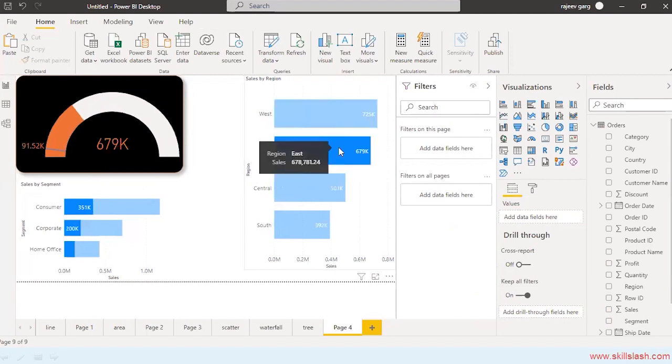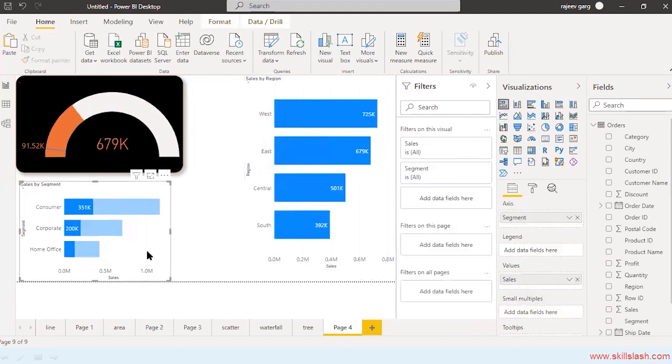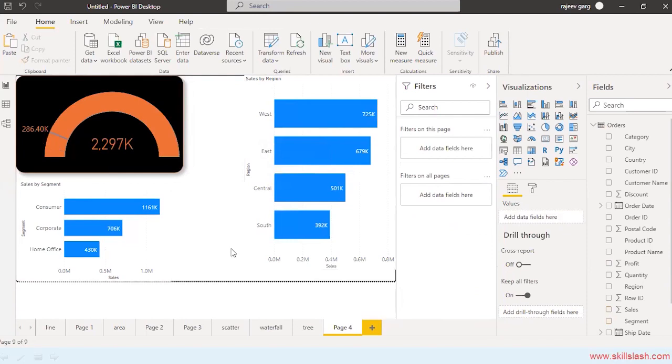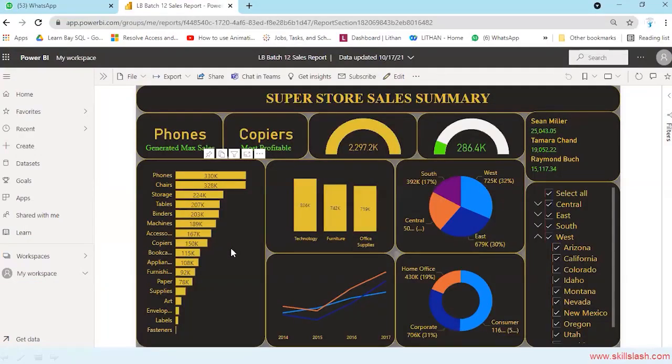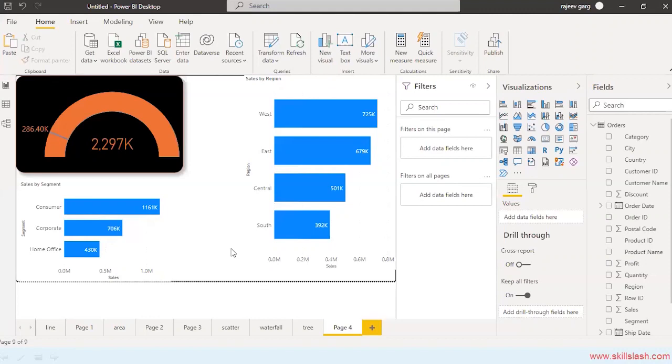So this is how your gauge chart is working. So gauge chart is very important from the reporting point of view. If you notice in the report which I have shown you, I have also used the gauge chart over here. Very useful to display the summarized information. In almost 90% of the cases in a report we use a gauge chart.